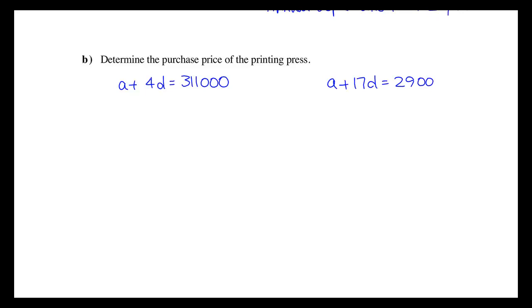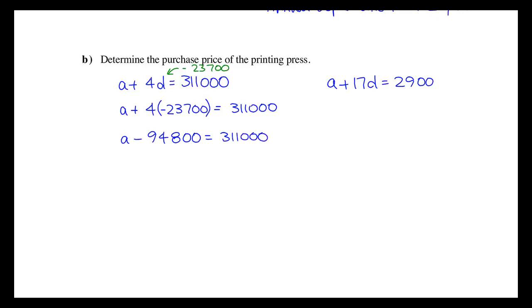Either one should work. What we're going to do next is plug in the value that we calculated for d up above. So inside here for d, we're going to put in that negative 23,700 number. So we get a plus 4 times negative 23,700 equals 311,000. If you plug that into your calculator, you get a minus 94,800 equals 311,000. Adding that 94,800 to both sides gives us a value of